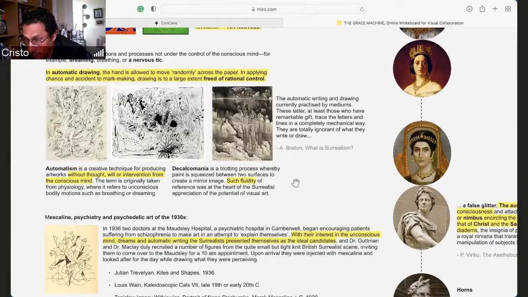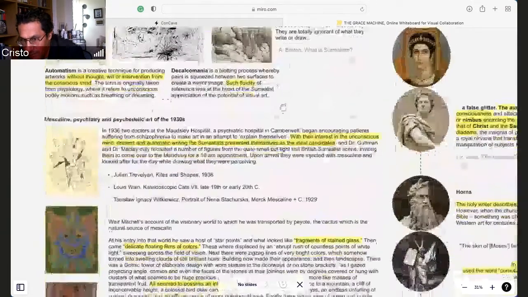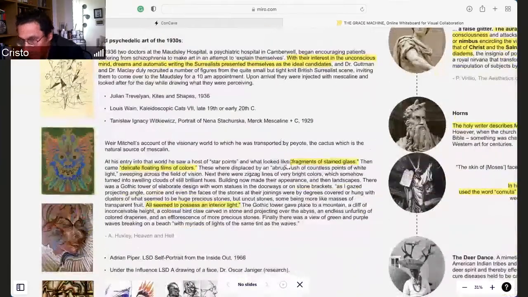decalcomania that was used a lot for these automatic drawings and surrealist art. There is a passage from Aldous Huxley in Heaven and Hell, which I was going to quote, but I think Lars also put it in the video, and basically it talks about this visionary world transported by peyote, but I think I'm going to skip it and go straight to this mescaline psychiatric and psychedelic art from the 1930s,